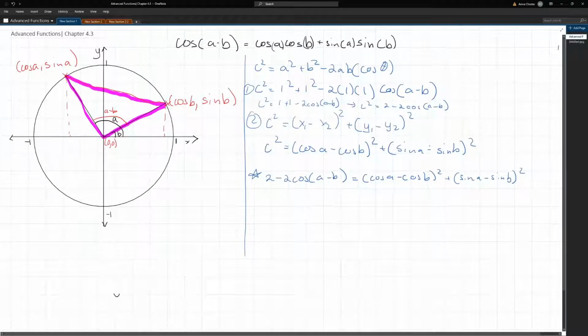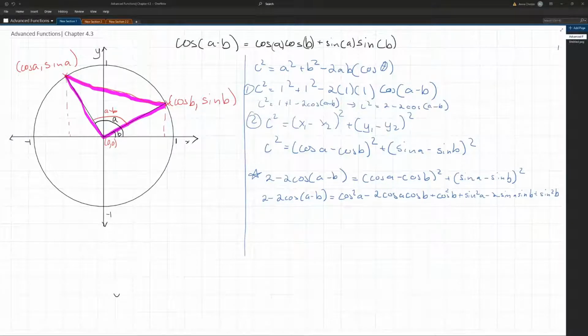From here, we could actually start expanding this side over here. So what we get is 2 minus 2 cos(A minus B) is equal to cos squared A minus 2 cos A cos B plus cos squared B, plus sine squared A minus 2 sine A sine B plus sine squared B. From here, if you had a keen eye, you might have noticed that we have cos